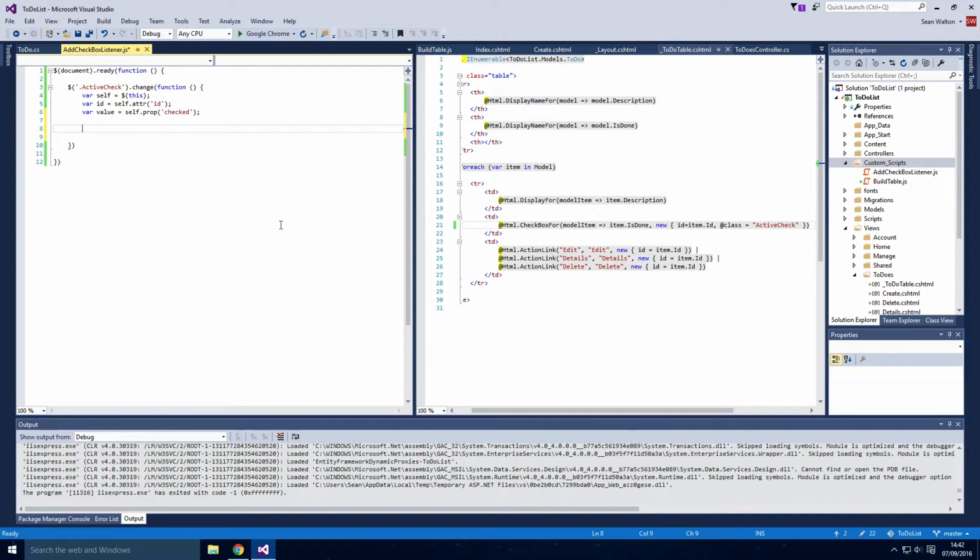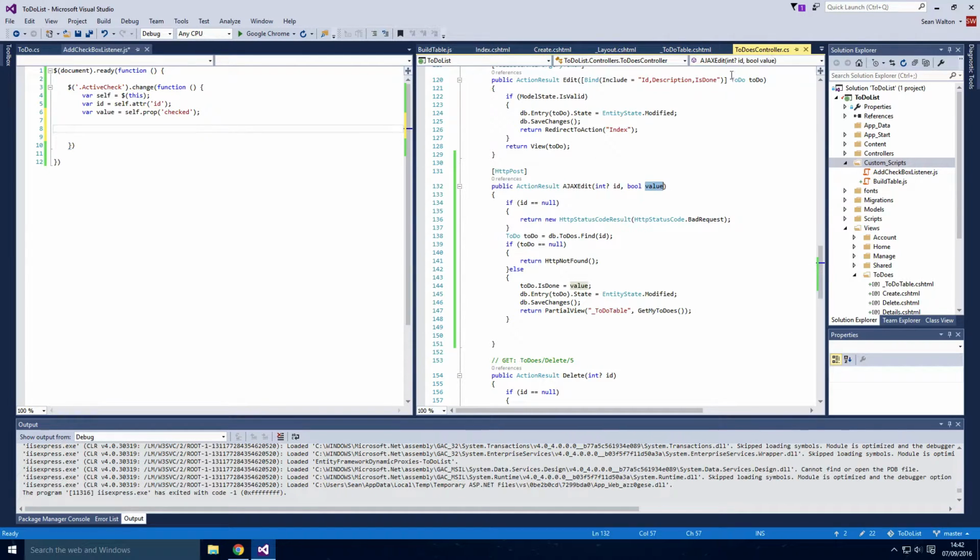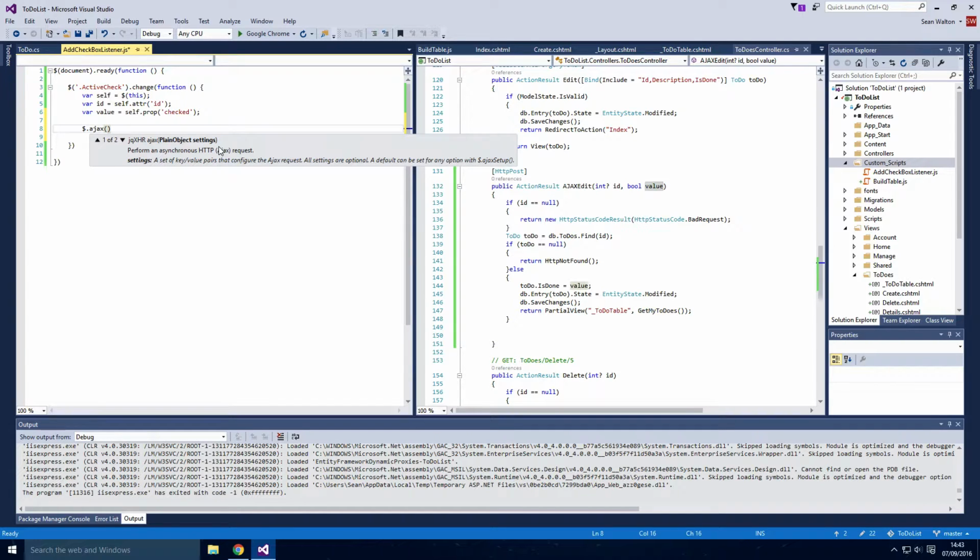So we've got the values we want, and now we want to do an ajax request to update the database, and then put the table back in the table div to update it. So I'm going to get this on the screen so we can see the function we're trying to call. And so it's dot ajax, it's a little ajax, and